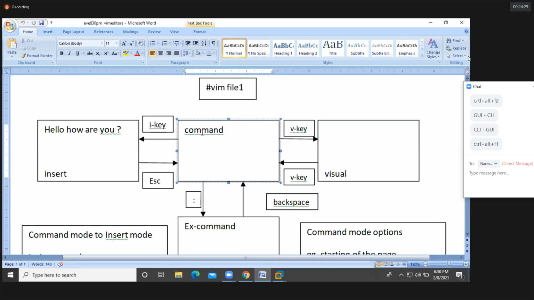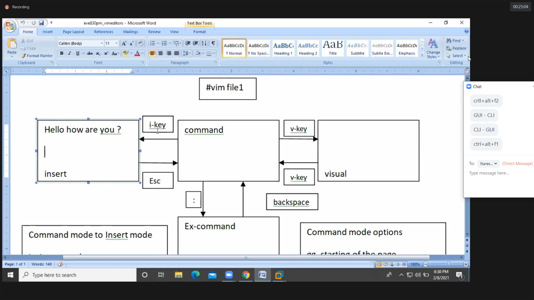So how do I need to edit the file? Guys, please concentrate. We need to enter into the insert mode. First of all, if you open the file, we have the command mode, and in command mode we are unable to edit the file. So I should enter into the insert mode. In insert mode, you can edit the files, modify the files, and delete the file content according to your requirement, whatever you want to do.